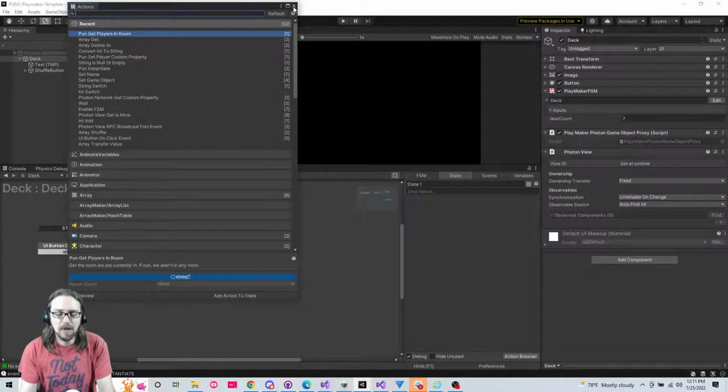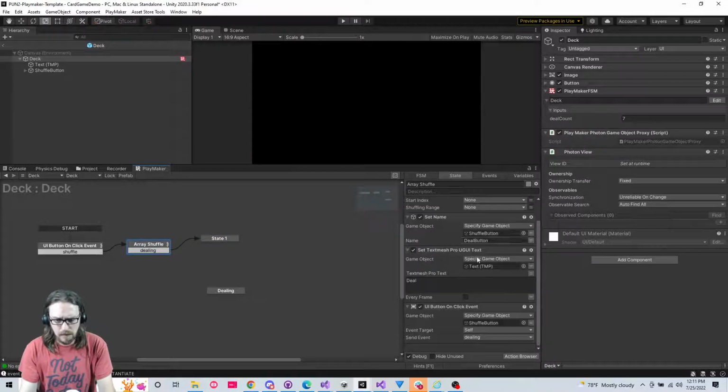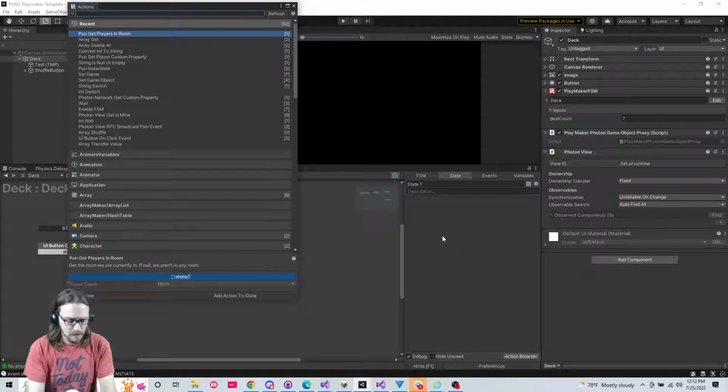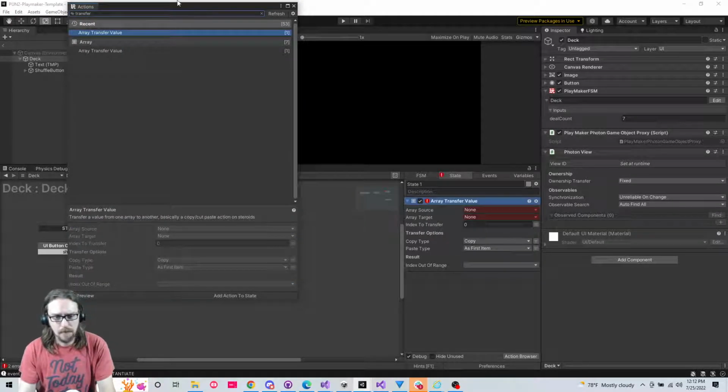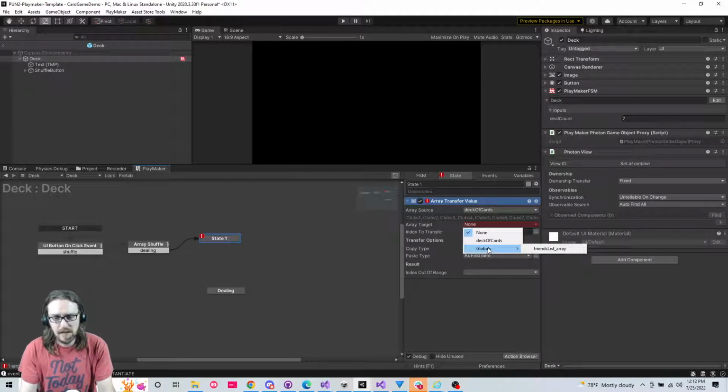We talked about this before already, that we can't just get, we're going to send an event to the player. That's right. We're going to send an event to the player. How are we going to tell them what to put in their array? Let's try transfer value and see if it works. So we shuffle all that jazz. We're going to deal. And let's do transfer value. So the source is going to be the deck of cards. The target is going to be,